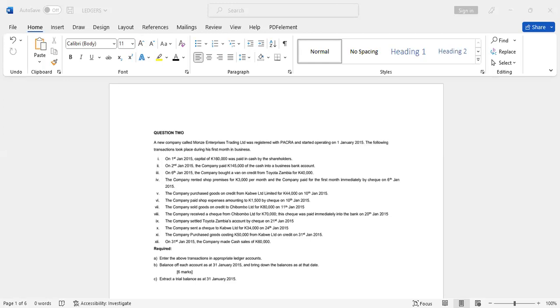Okay, so this is the primary one, where we are preparing the ledger accounts for the double entry system. So we look at the debit and credit. Under debiting, we have this aspect where we debit, which is DR, we debit the receiver